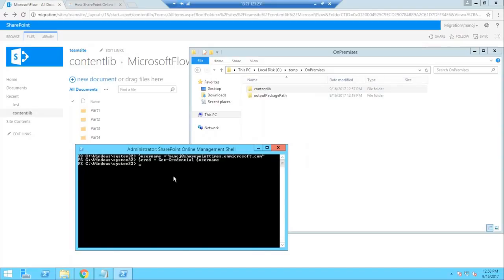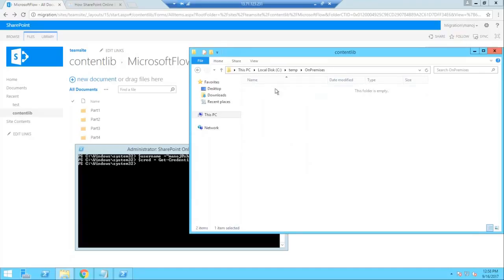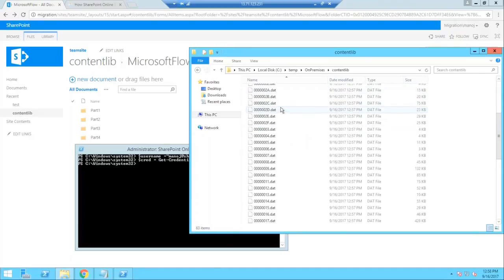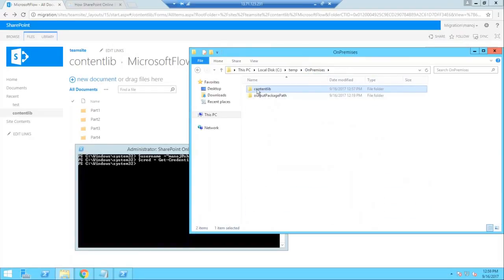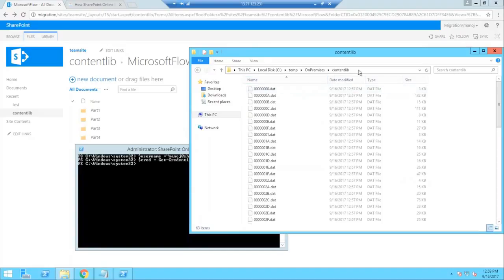So now I just need to create a variable. What is my source file and source package? For this content, two things are important: what is my file path, and what is my package path? If you see this one, the .dat is just like a file. After that, all the XML files are called a package. As of now, I have only one folder, so for me the source and package are the same. I will use the same for both.